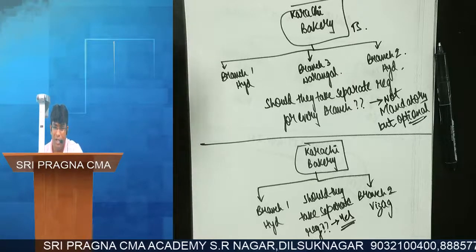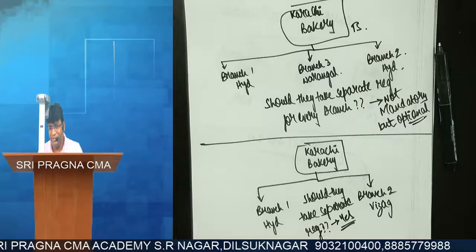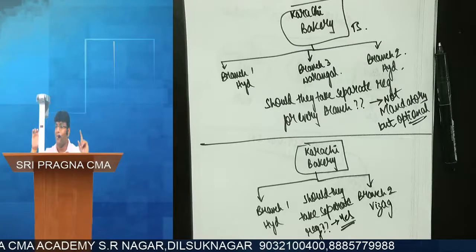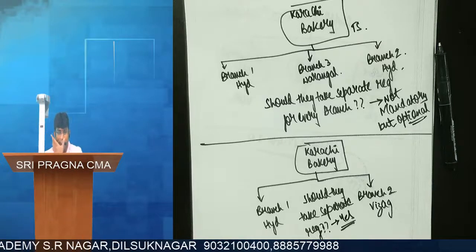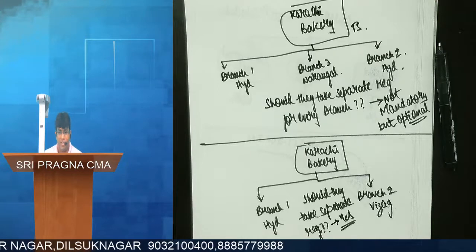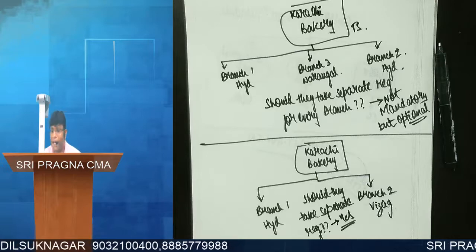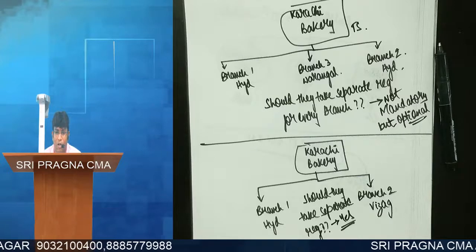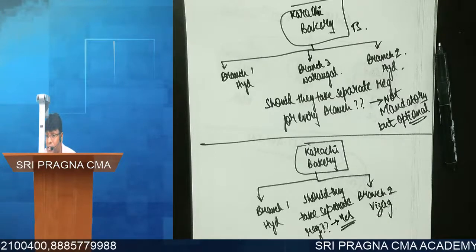GST number is different, but PAN is same. For example, Shivateja has got only one PAN for the entire India. In Telangana, if I am doing business, I will take registration in Telangana. If I also do business in AP, for AP I will take separate registration. Mandatory or optional? Mandatory. Because separate state, separate registration is mandatory. So I will take registration in Telangana also, registration in AP also. My PAN is same, but GST number is different.